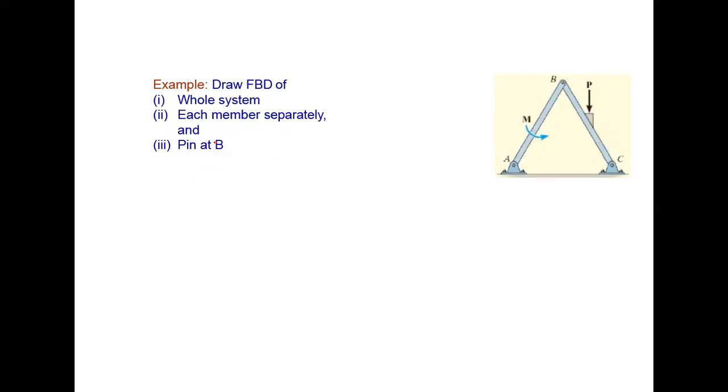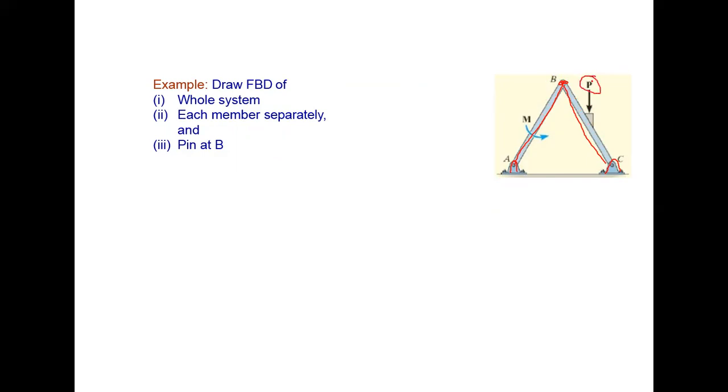Next, let's solve another example. Here we are having two links, two rigid links. Okay, one is AB link and another one is BC link, and they are supported with the help of hinge support here, and there is a pin joint between these two links also. So in this way, you are getting the frame, and this frame is subjected to an external force P.